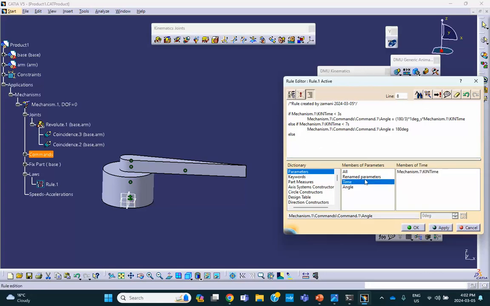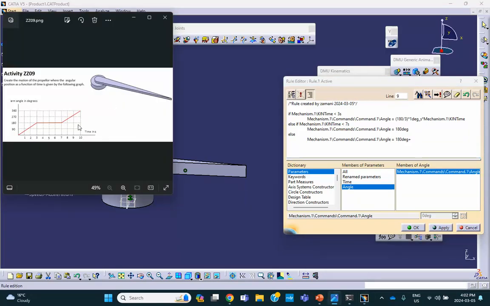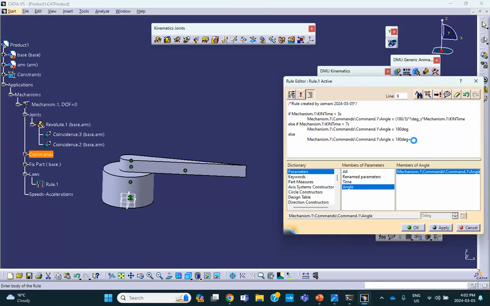Time. Well, I don't need the time anymore. Obviously, that's more than 10. Else the angle equal to 180 DEG plus, let's see now, what do we have here? We have another 180 degrees in another 3 seconds, okay? So here we go, plus 180 divided by 3 times 1 DEG underscore S